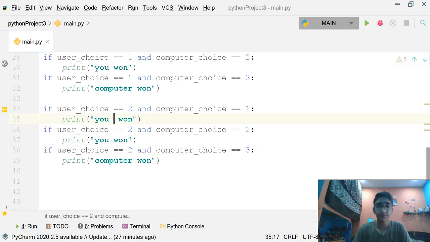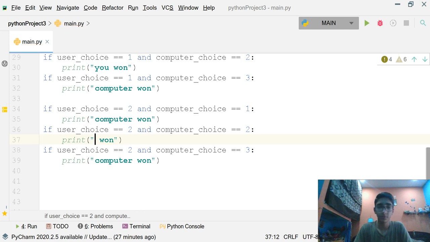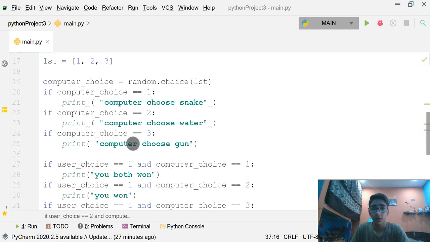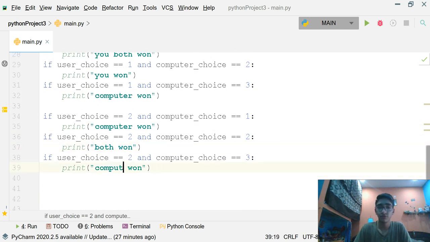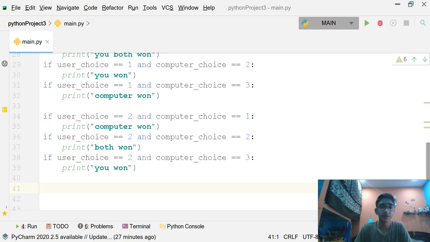Water versus water means we both won, and we chose water and the computer chose gun, so we won. You won. Now if we go further, again copy this for the third time, and I think this is going to be the last time.